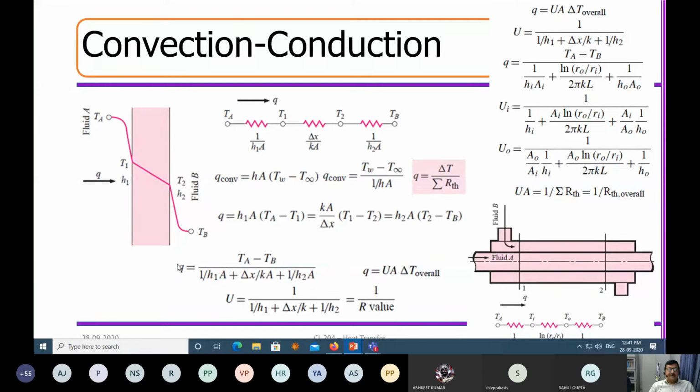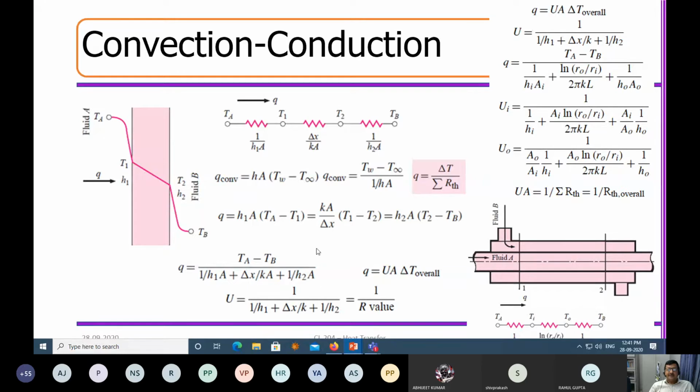So what I can do, I can see that Q, the heat transfer, is what? This is the total resistance I add. This is the series resistance, and this is TA minus TB. So essentially, TA is here in fluid A, TB is here in fluid B, and TA minus TB is the temperature difference between, suppose, the center lines of these two. Say suppose this line and this line, in the middle, in the bulk of the fluid. Now, what is the rate of heat transfer?